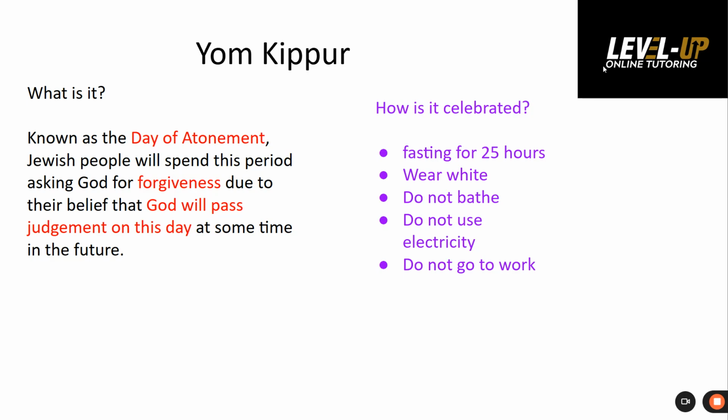Now, often people will wear white on this day because it shows purity. So if you wanted to have your sins forgiven and you wanted forgiveness from God, you would want to show that you are aiming to become a pure being. So that's why they will wear white. Now, again, similarly to Shabbat, they won't go to work, and also they won't use electricity. A lot of the times they won't do anything that allows them any level of enjoyment. And that's because if they're enjoying things and they're happy, they're not genuinely sorry then for the things they've done wrong.